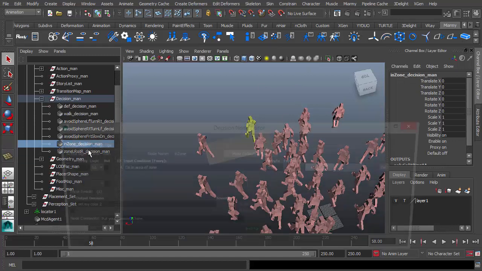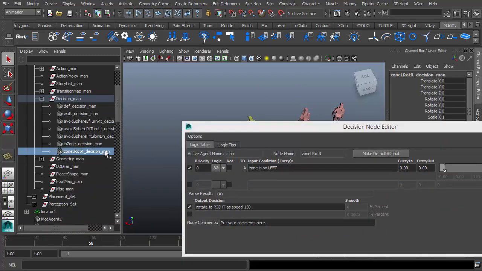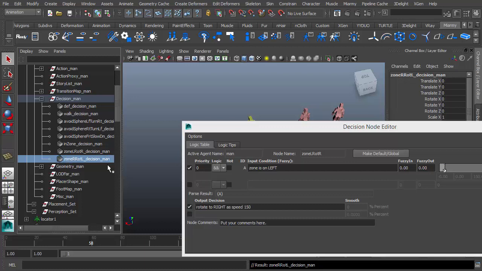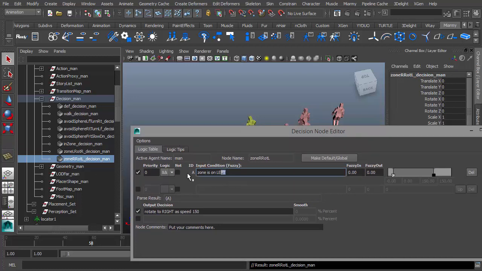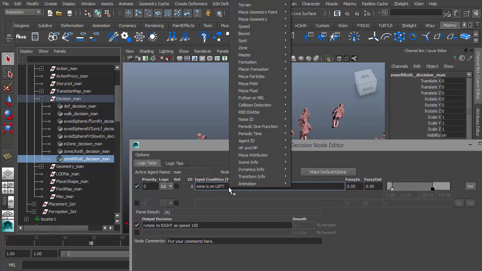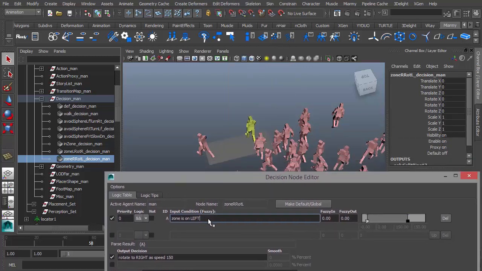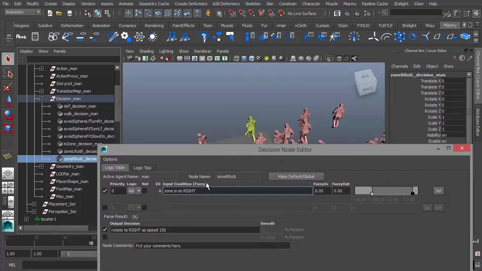Of course you can select this and Control D and just rename it zone right, rotate to left, hit enter, and then switch that a little bit for making sure it's updated. And let's just change the content, right? Initial the characters, left,